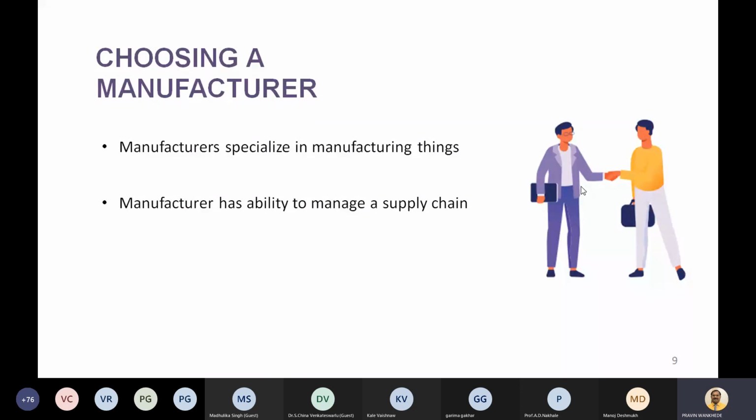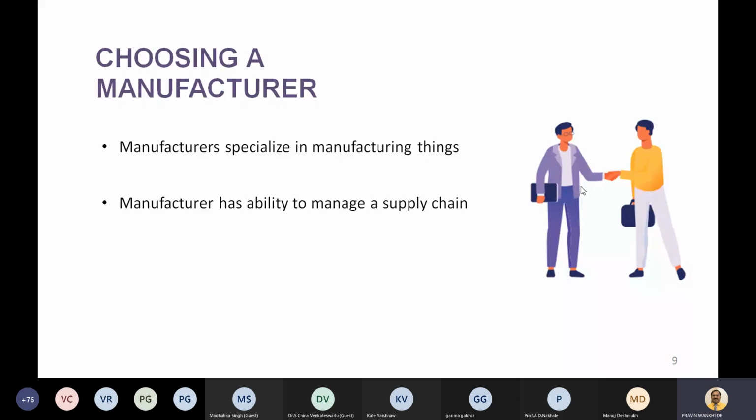Why am I urging all the people to go through such things? Because generally when we start developing our IoT products or any electronics products, we are not the expert in the thing. Even in all the things in which the manufacturer is expert or specialized, we are not experts at that level. So if you select a particular manufacturer who is specialized in manufacturing a particular component or process, then that manufacturer will also help you in providing the manufacturing process for your product.